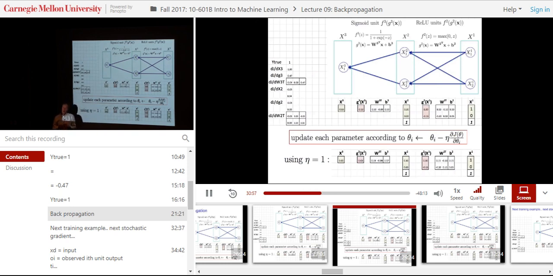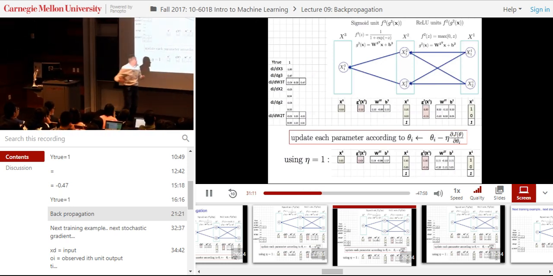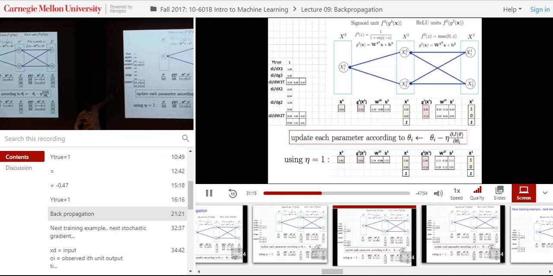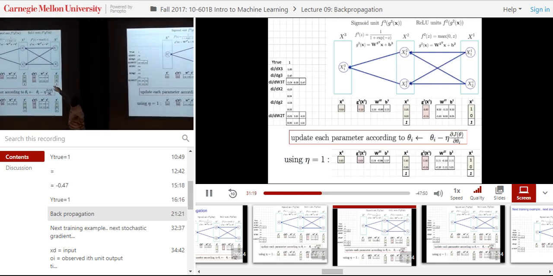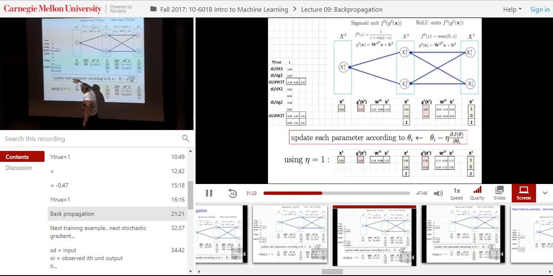And so one way to think about this is those rectilinear units have the property that they kind of hide part of the network from updates if you happen to be in the zeroed out portion of that. Like if we had a much deeper network that kept going and had other units, layers of units feeding into this, all of the derivatives behind